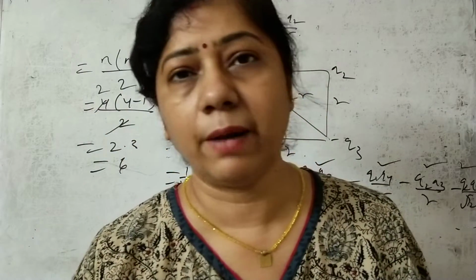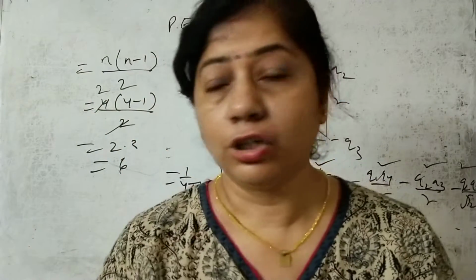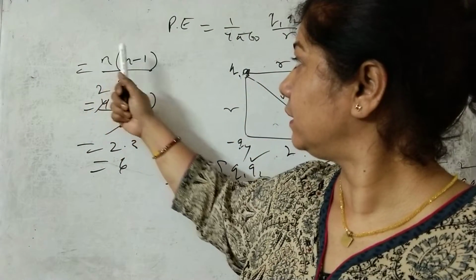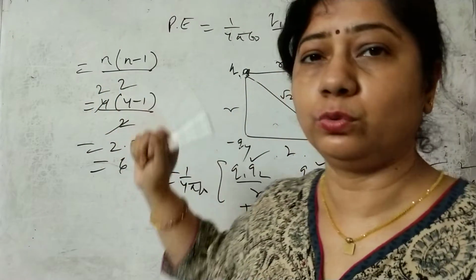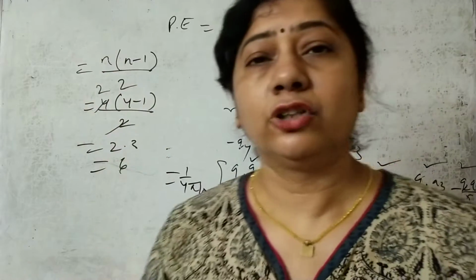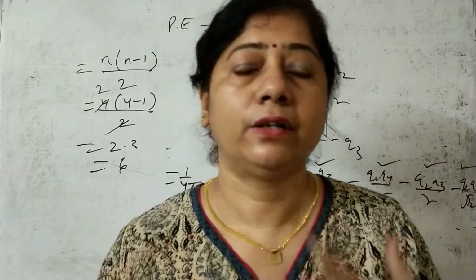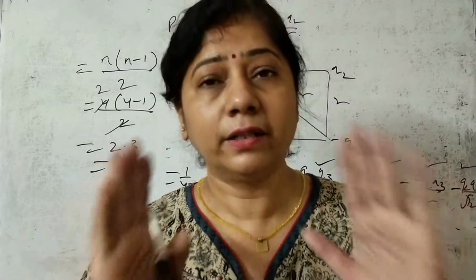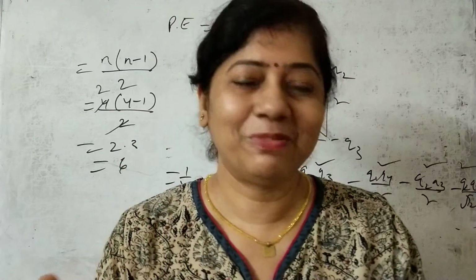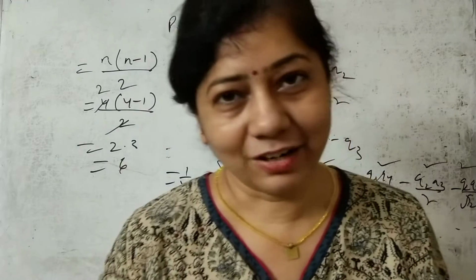Hexagon means what? Numbers we take it as 6. So your general formula will be 6 into 6 minus 1 divided by 2. So 2, 3, 6. So 3 into 7, 21. So that way you can take the number of charges so that you feel that you have done. There is no charges left. Otherwise the problem comes, you miss out any of the charges.